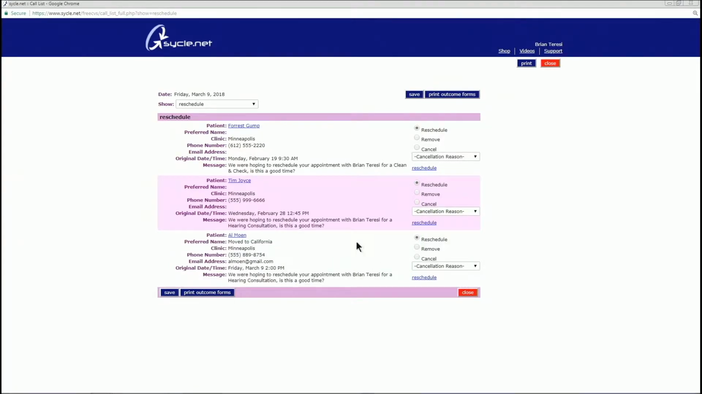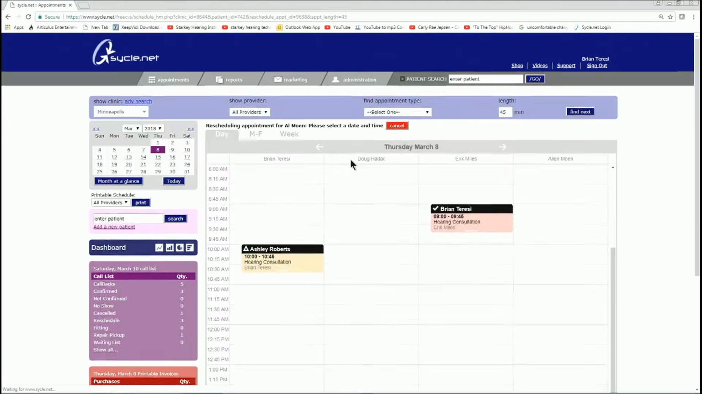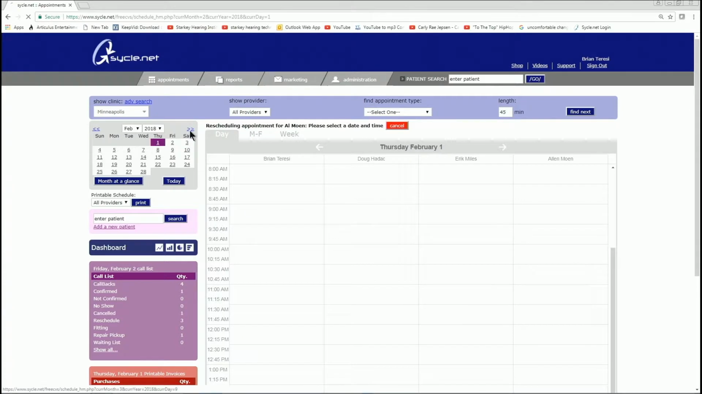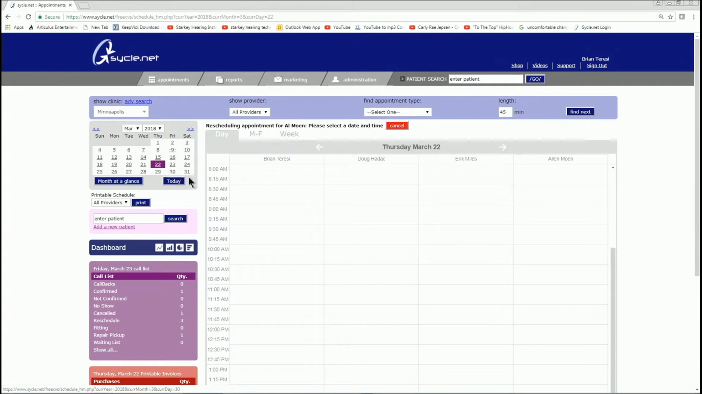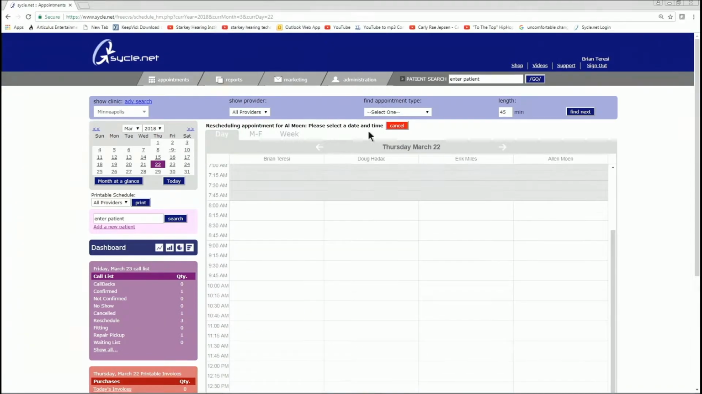Okay. And if I want to, from here, I can just go ahead and do a reschedule. I can click on this reschedule button and then move on from here. So that's one way that I can do a reschedule, where I just click on this link. It would bring me to the calendar, and it's going to say rescheduling appointment for Al Moen. Please select a date and time. I can either click whichever day it's on, or I can change the months over here, or I can click on different days, and it's going to tell me for these particular days what times are available. Okay, I'm going to cancel this